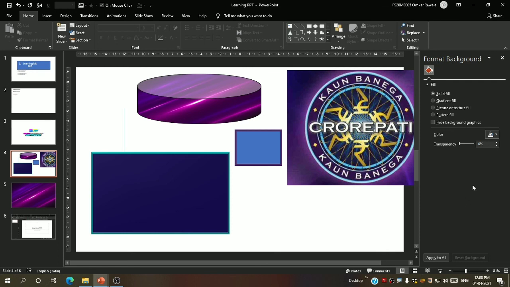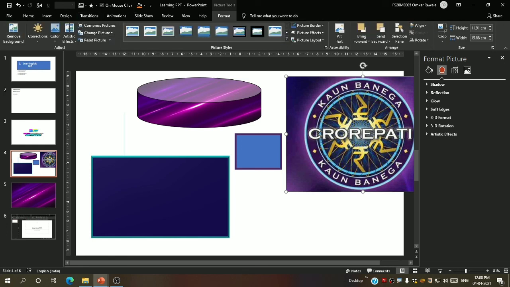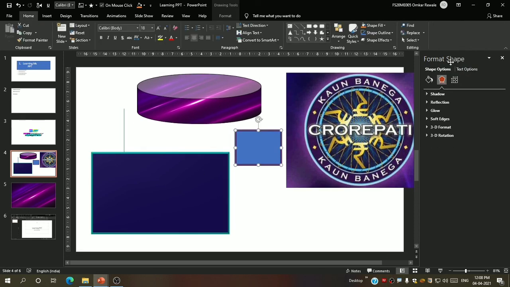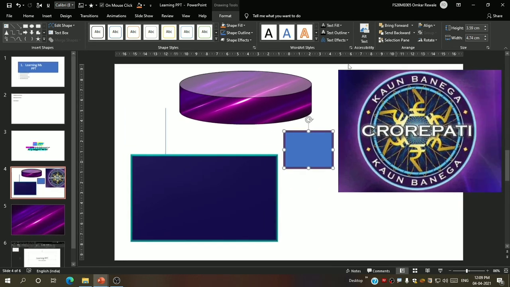So this is the most important tab. Also you will see that in the animation tab also, and there is a separate format tab over here. Now let me select this and you can see the format tab over here. This is the complete format tab, which is something common. So the common features are included here, because you can see as I change objects, the name over here changes and their options also change. That's why in this format tab some common features are added, which we will see afterward in the next lecture.